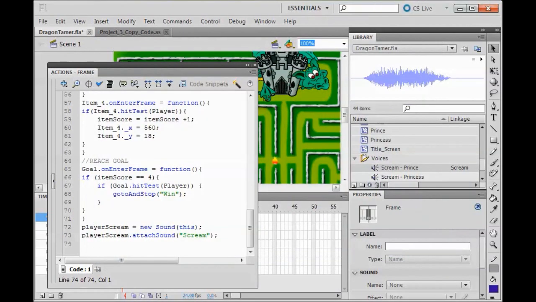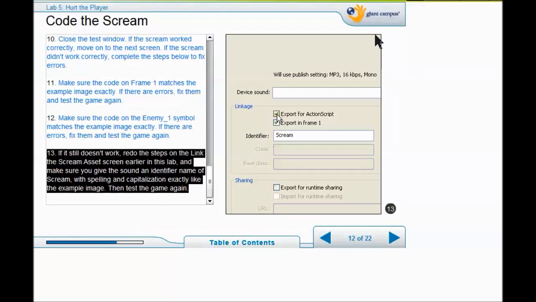Okay, if it didn't work, make sure you're here in your code 1 frame, not in your enemy frame. And make sure you've labeled your scream sound and whatever else you need to do. If it still didn't work, make sure that you have the check mark in export for ActionScript in properties, and that you've named it scream